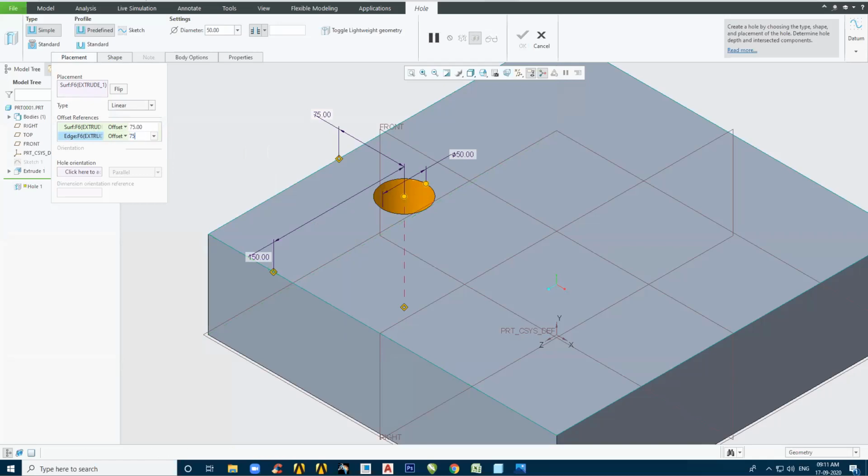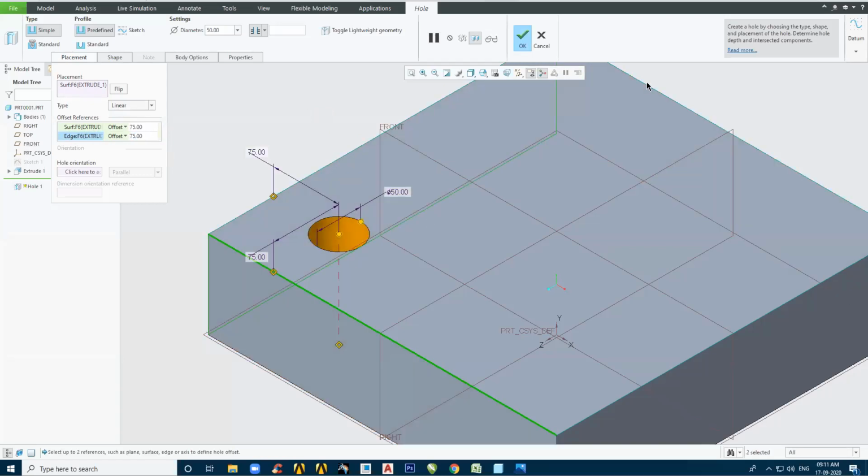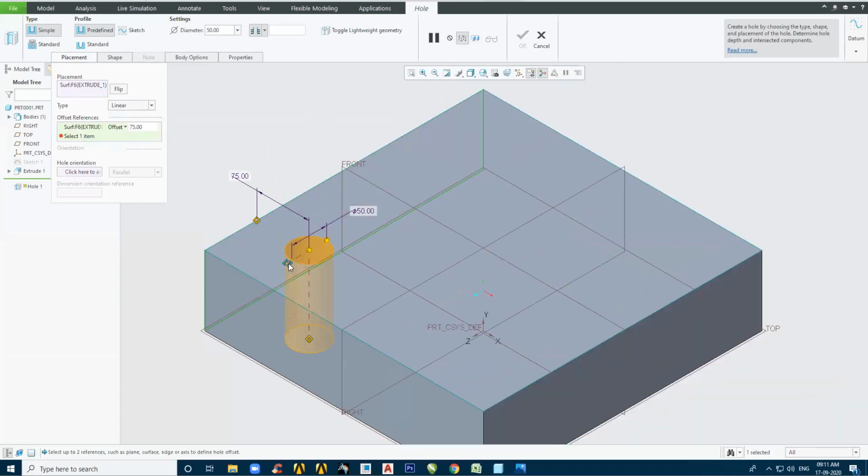Now I want to change the reference. I don't want this reference now; the reference should be from this edge. So what I do is I come here, right click, and click on remove. So that reference is removed. This handle is free. I will take this handle and put it on another edge, and correct the model. From here it's 300. Fine. So this is covered, right?